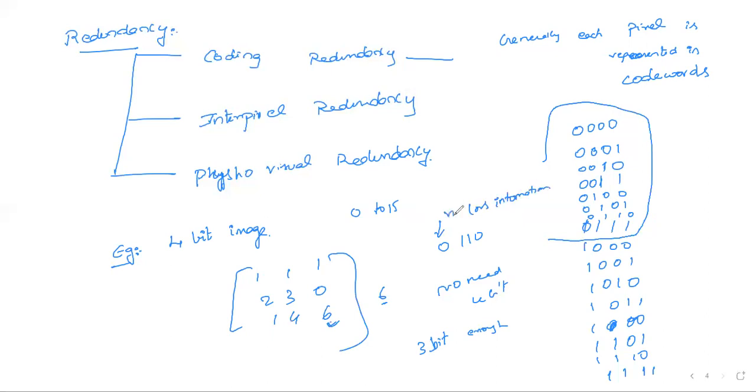There is no loss of information, but bits are reduced. How many bits? 1 bit is reduced, but there is no loss of information. So this extra bit is called coding redundancy. So to remove the coding redundancy,